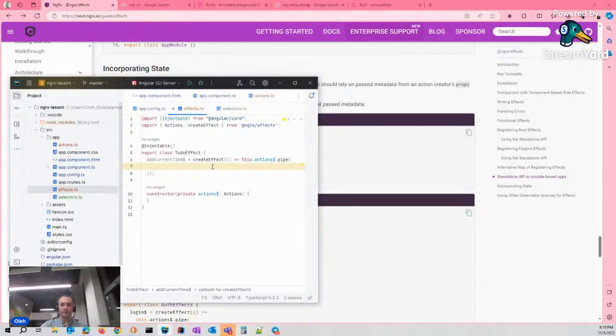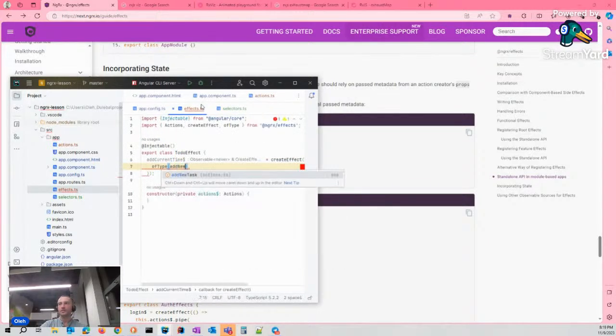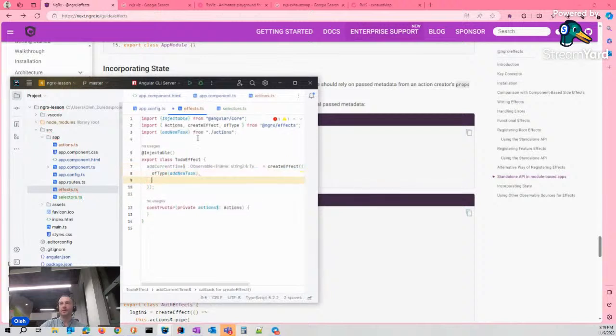Next. Of type function that we want to handle. It's just add new task. Add new task. And this effect will handle only this type of task.